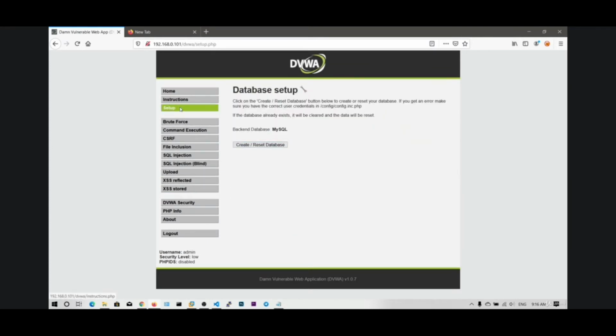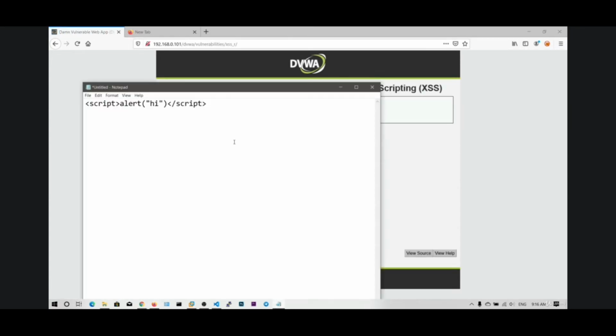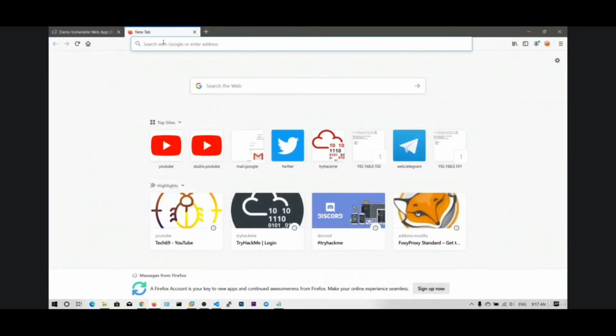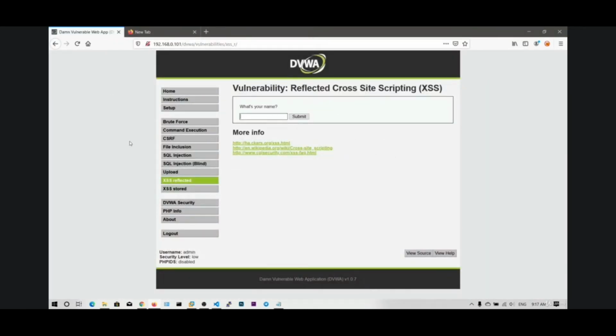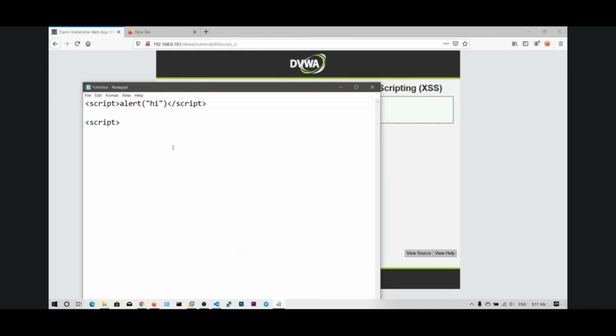Now let me go to the setup and reset this database. Now I want to show you another technique, that is to redirect the web page. You may see some hackers posting about website defacing. We have hacked the Pakistan websites, we have hacked another country's websites, and if you go to those links, they will show index.html saying hacked by some hacker or something like that. You think that website is hacked, but the website was not hacked. They just redirected every directory to some custom HTML.